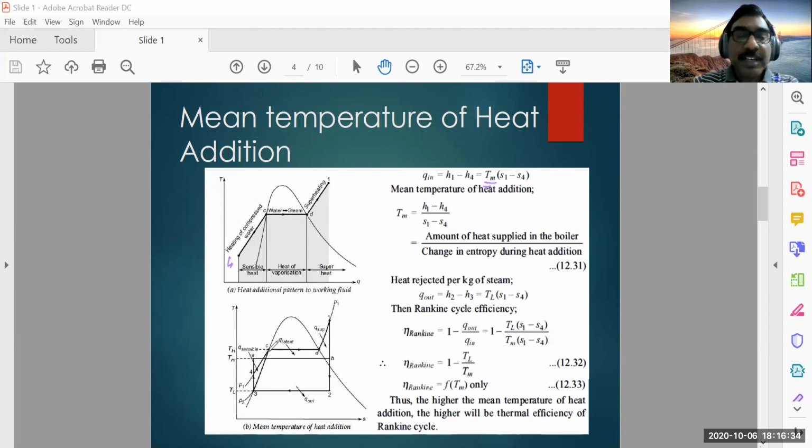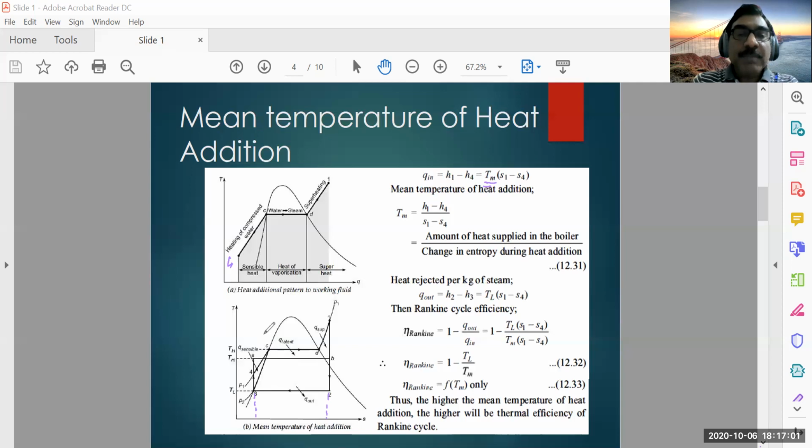During the sensible heat the temperature is changing, and also during the superheating the temperature is changing. So if you consider one particular mean temperature Tm, multiplied by the entropy, this is the TS diagram,